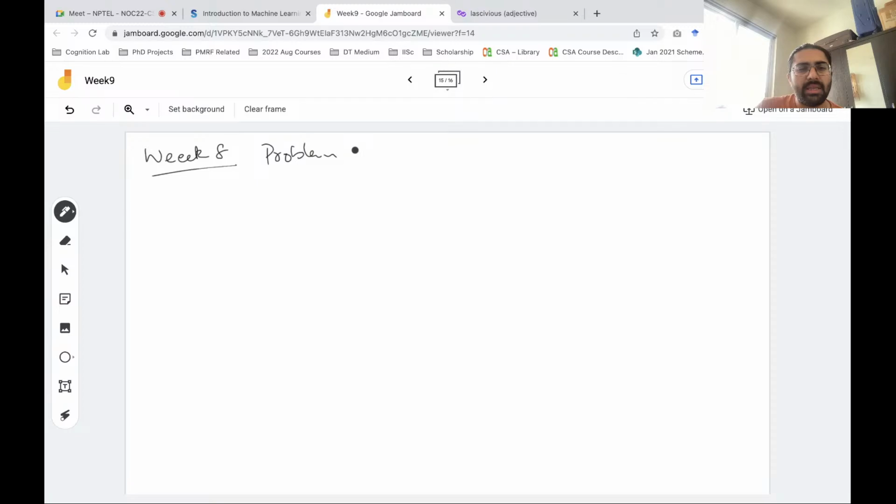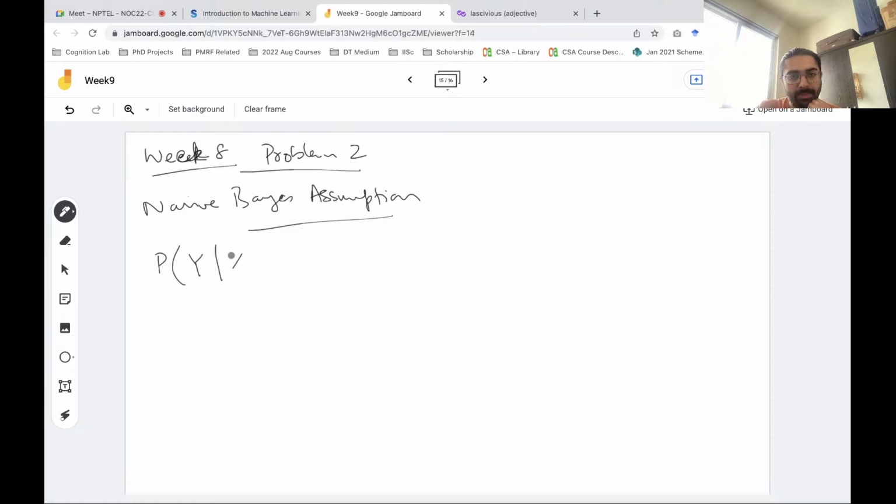So with that, any ideas how we would solve this problem? So what is the naive Bayes assumption, by the way? Given a class, the probability that a feature belongs to a particular class is independent of other features, right? Okay, other features. So let's say y is the class given some x. When you put the Bayes rule here, this is what you get. And this p of x we generally don't compute, so you can just write it as proportional to this